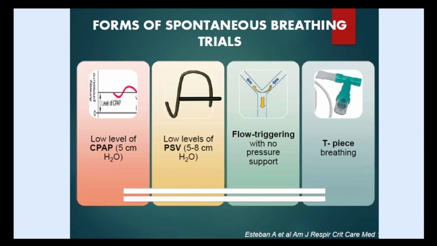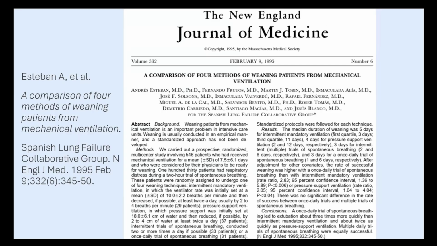So there are different forms of spontaneous breathing trial. You can either use just a low CPAP level of 5. You can have low pressure support levels of 5 to 8 as well. You can have slow triggering with no pressure support at all. And you can disconnect from the ventilator and put on a T-piece for the spontaneous breathing trial. So looking at spontaneous breathing trial,